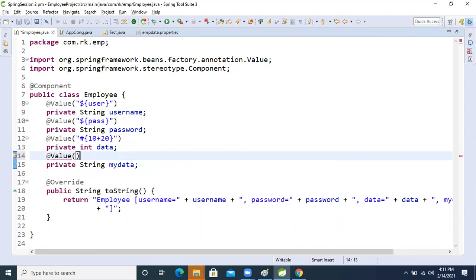Inside that, I'm taking the hash symbol. Inside the hash symbol, I'm taking welcome, but now I'm taking this in single quotes, right? This one we will take in the single quote.